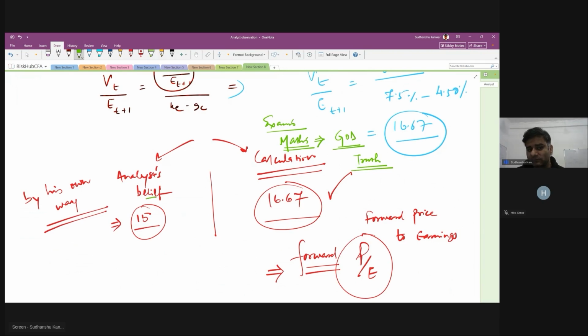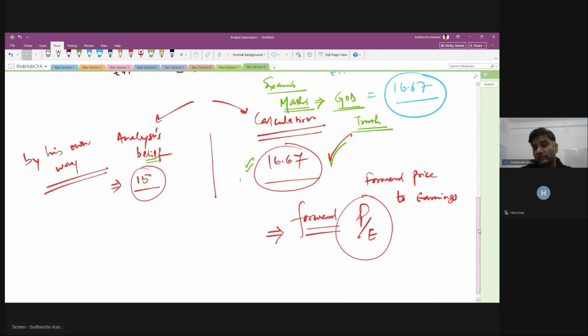This is the analyst's belief. He has done it in his own ways. How he has done this calculation, I have no clue. Neither am I interested in knowing what he has done. For me, the calculation, the maths, is the truth. Again, the real world works very differently. But what I'm trying to say is that in these kinds of exams, CFA, FRM, CPA, whatever, this is the truth. So the truth is that the forward price to earnings is 16.67,